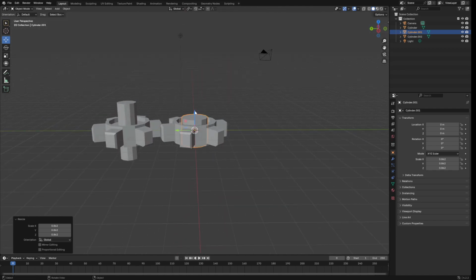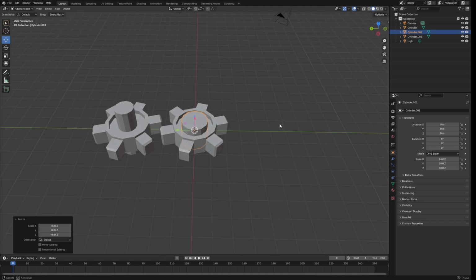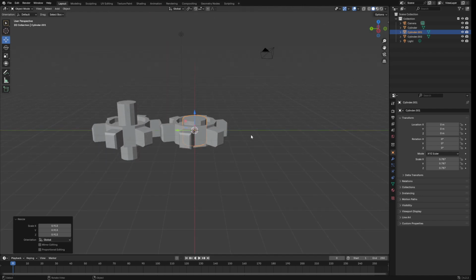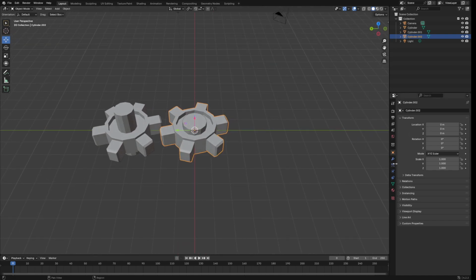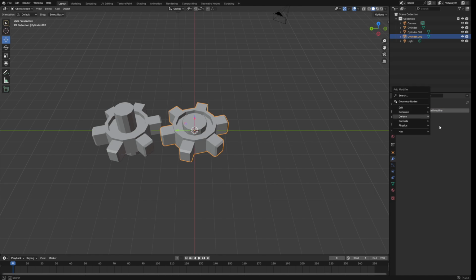Let's say about here. And what I'm going to do is shrink it a little, and add this together, similar to the other one, but it's going to be a bit different. Union, click on that, apply,